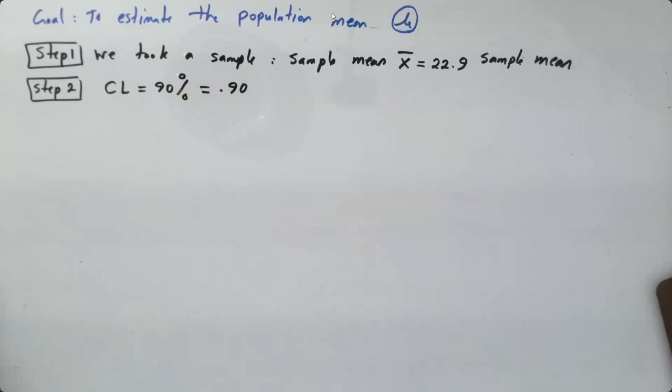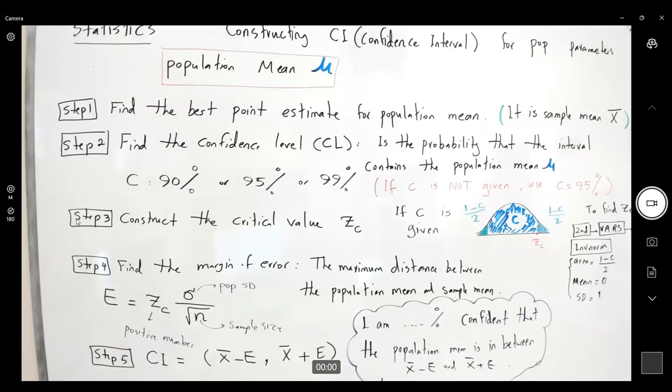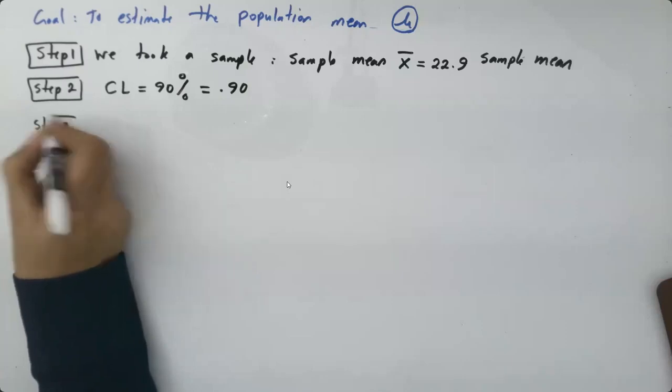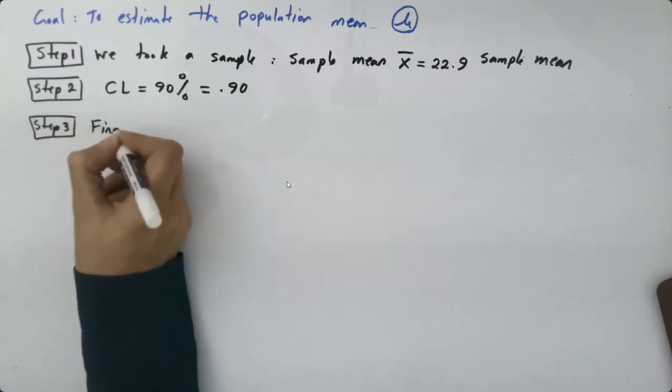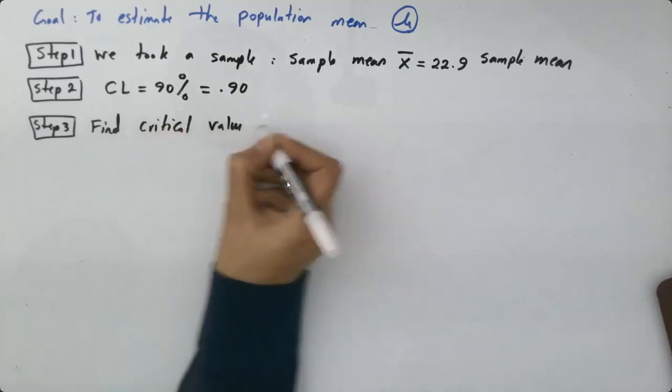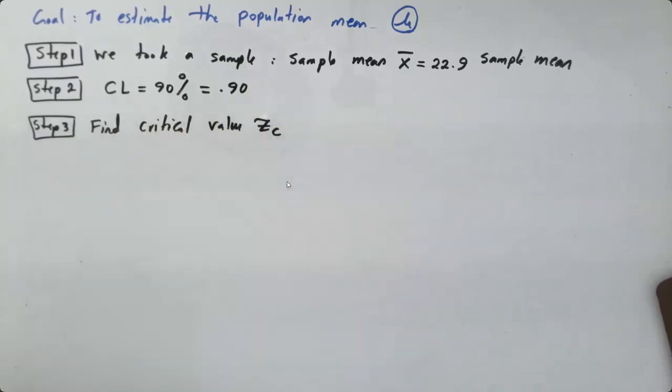What is my next step? Step 3 says, now that you have the confidence level, you need to find your critical value, which is a positive value Z sub C, using your calculator. Okay, let me go back to the board. Step 3, find critical value Z sub C. Remember that using your calculator,